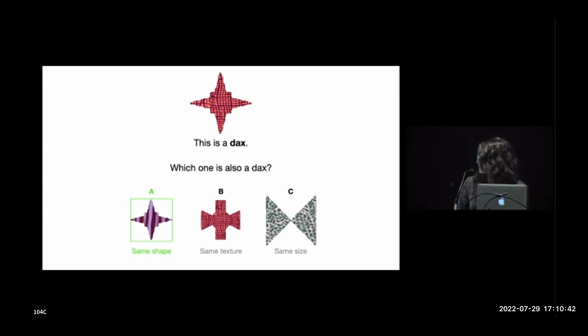And this is something that we start to do in childhood. So around the age of 2, children begin to preferentially extend the labels of novel categories such as DAX to other solid objects with the same shape rather than the same texture or size or other dimension. This is a very well-documented phenomenon known as the shape bias, and it marks a very critical developmental shift in which children begin to realize that object shape is a reliable indicator of object names, and that facilitates early noun